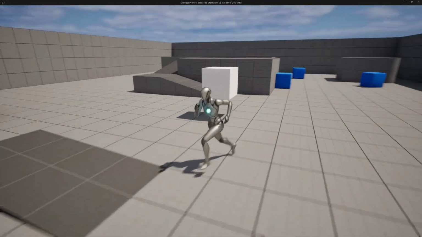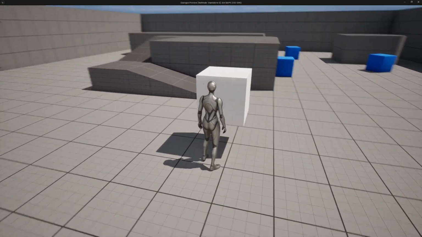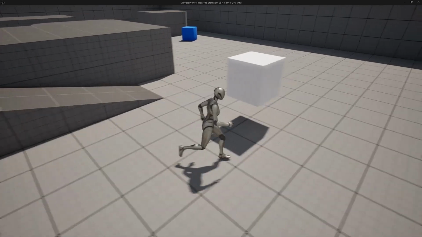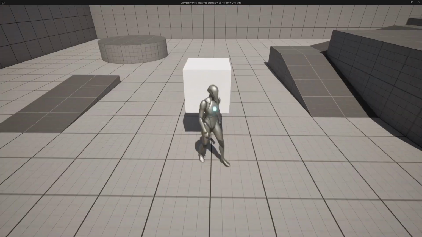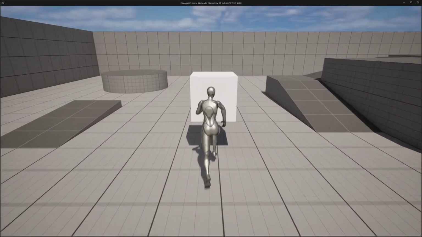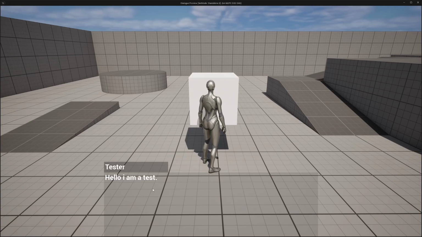So you can create your own data tables, have as many different NPCs as you want, and just have fun with it. I hope this tutorial has taught you some new things, and I hope you have fun using your